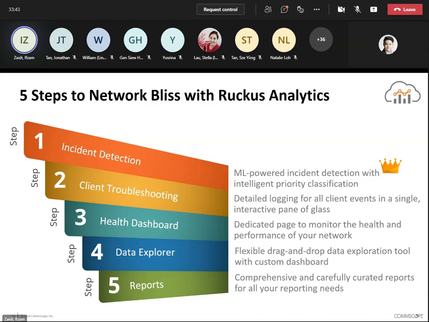First is incident detection. In incident detection, using machine learning and AI, it will prioritize the work for the IT administrator and IT help desk, and after that, it will assign the engineer to troubleshoot. Step 2, troubleshooting, by giving them details and information from the incident detection reports.